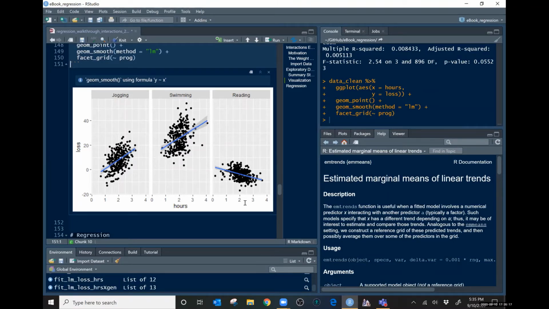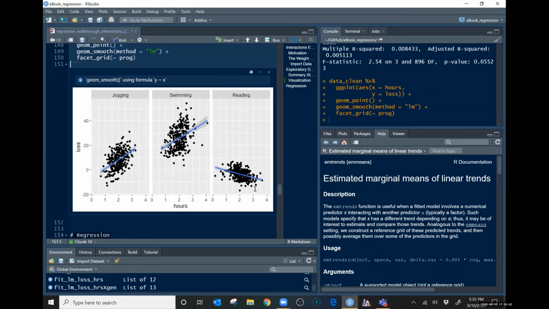Yes. So if we look at jogging, the more hours they spent jogging, what happens to weight loss? The more weight loss. For swimming, the more time they spent swimming, the more weight they lost. But what about reading? The more time they spent reading, the